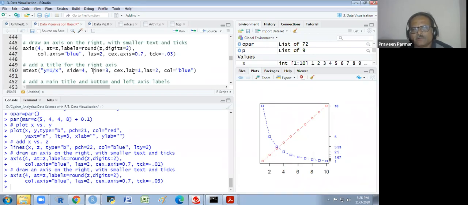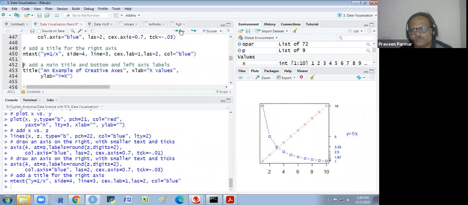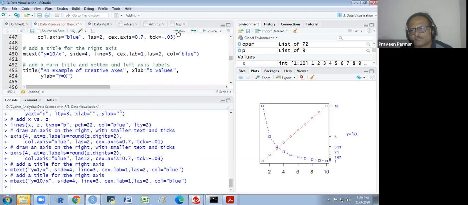CEX dot lab is 1, LAS 2 and blue. Got it? Basically, it is not 1 by x. It is 10 by x. It is 10 by, it is overlap.